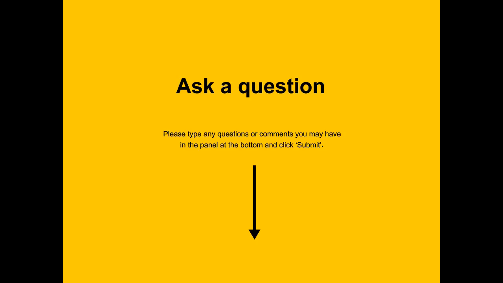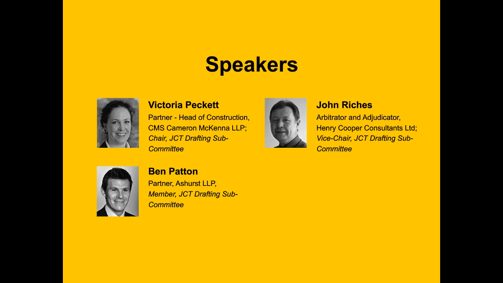That brings me on to how the JCT envisages that the C1 replacement schedule will operate. Well, at its simplest, it disapplies paragraph C.1 in Schedule 3. That would mean that the employer shall otherwise, unless stated in the contract particulars, be the one that maintains the joint names policy in respect of the existing structures. So we're in a scenario whereby that has been disapplied as the base and standard case.